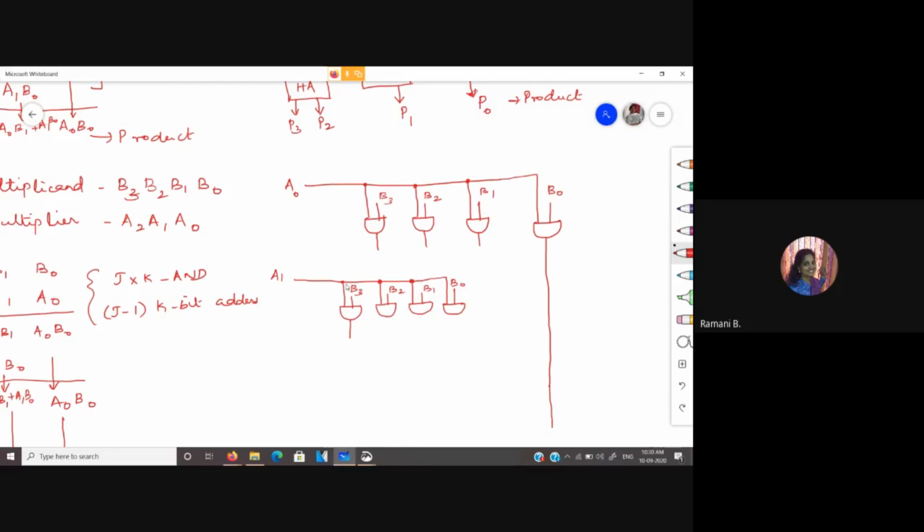So now we need to add these things. Let us give this to a 4-bit adder, because we need j minus 1 k-bit adders.